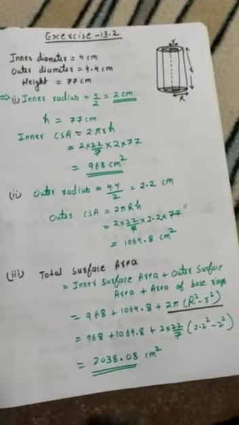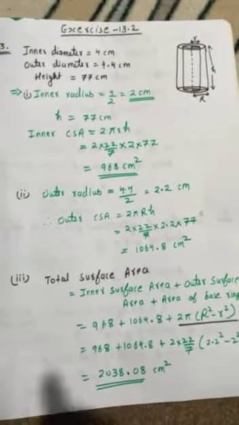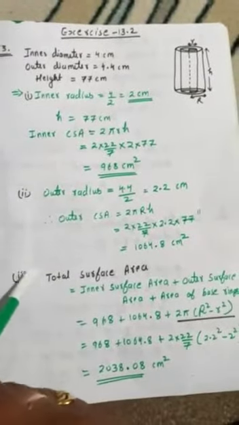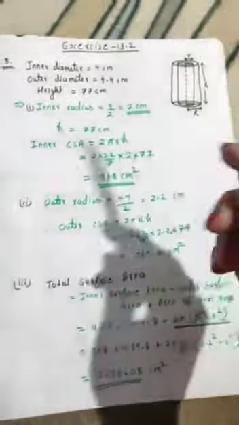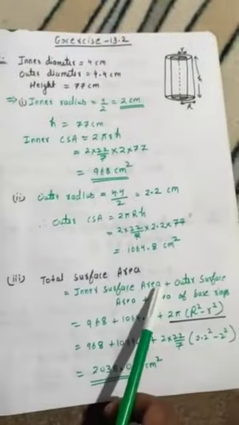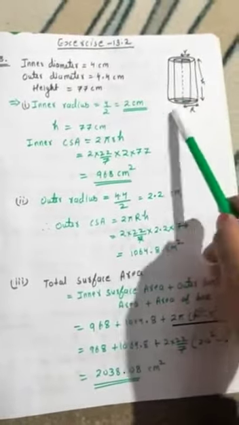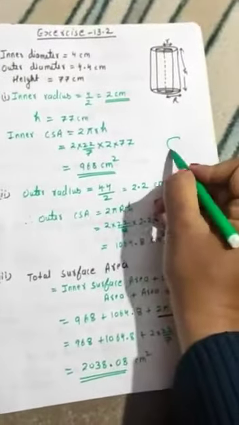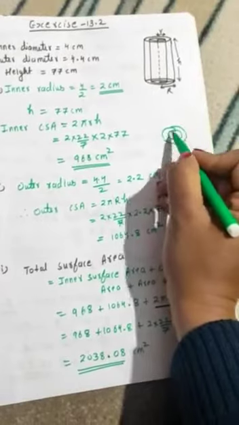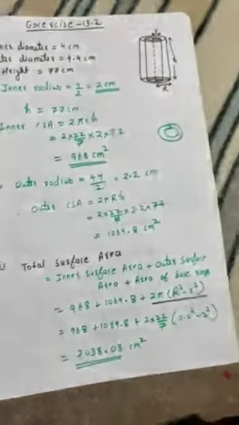Okay. Now the third part is you have to find out the total surface area of the pipe. Now in total surface area, you don't have to get confused with 2 pi r into r plus h. That was for a cylinder, but in this case you have the inner curved surface area, you have the outer curved surface area, and this time you don't have the two circles, you have two rings. If you observe carefully, on both sides of the pipe you have these kinds of rings. Okay, this is 2 times. One is at the bottom and one is at the top.